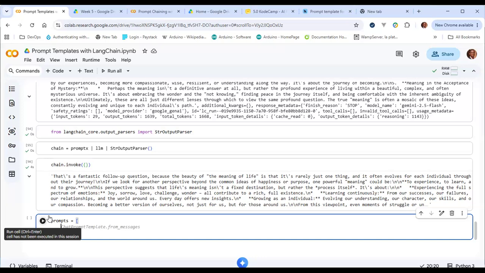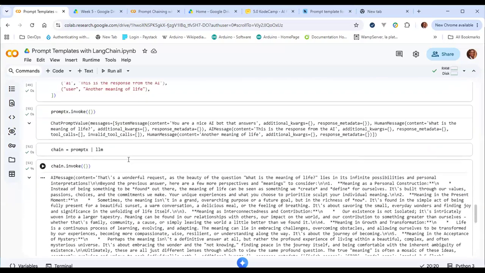But one thing I've not tried though is putting a regular prompt template into an LLM. So let's see if I can do that. I just want to try that. I don't think it will work